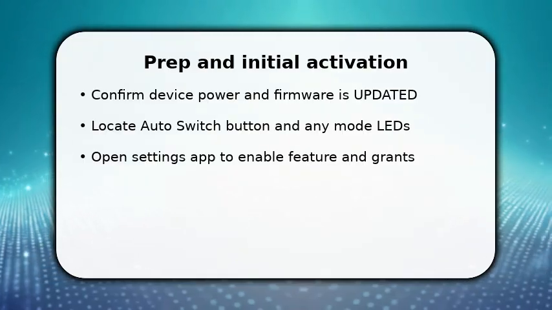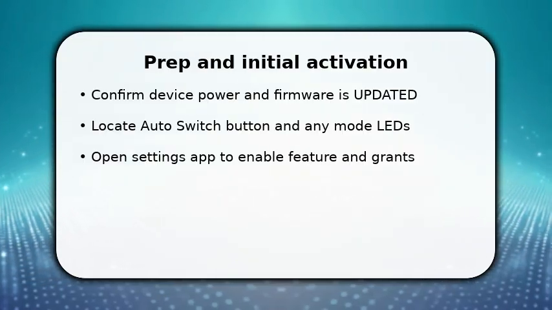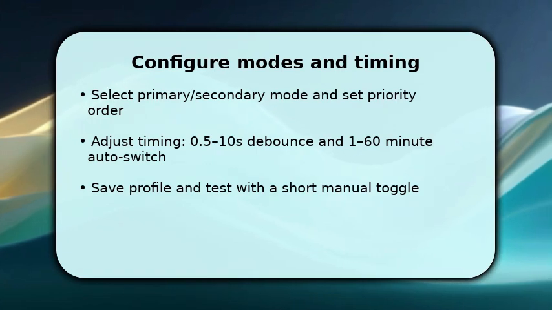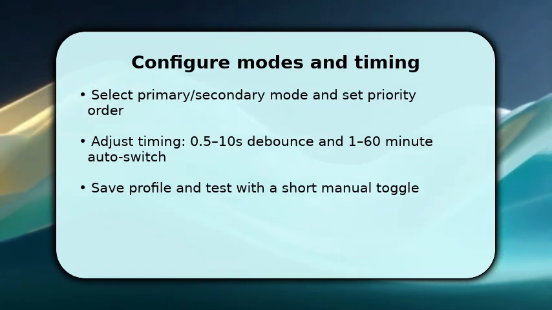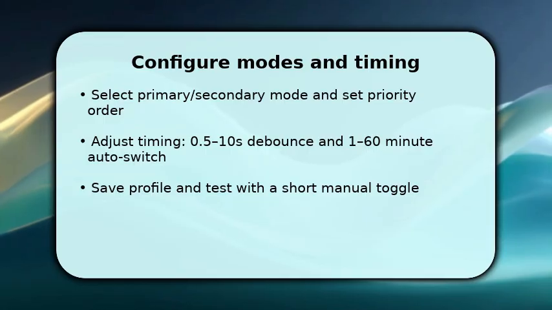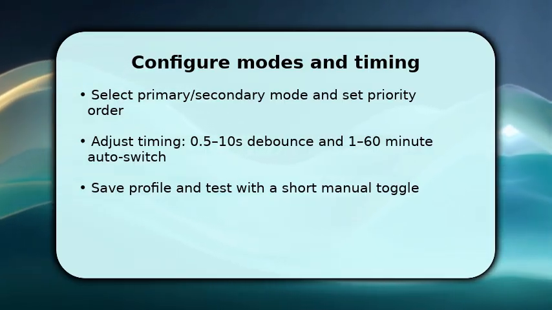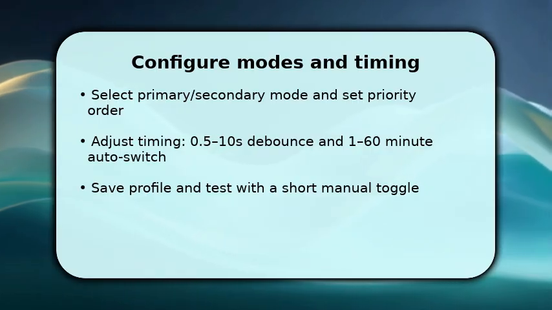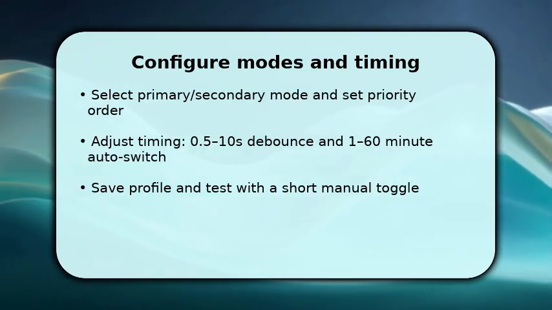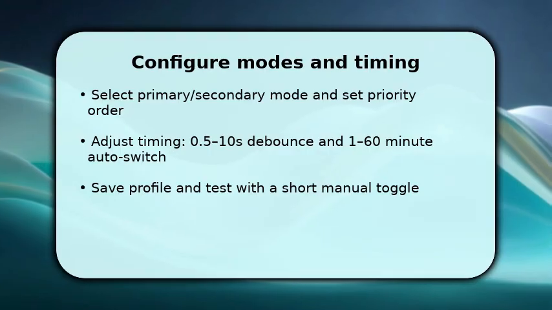You now configure how the button behaves under load and time. First, choose primary versus secondary mode and set the priority order so the device knows which state to prefer. Next, adjust debounce timing to 0.5-10 seconds to avoid false triggers, and set auto switch intervals from 1 to 60 minutes so transitions match your